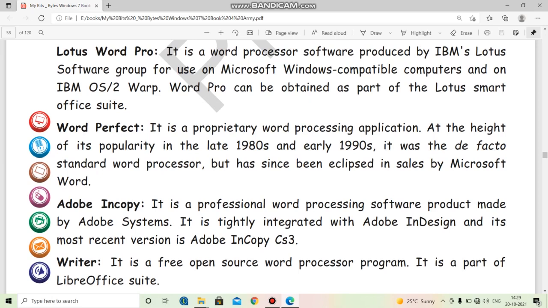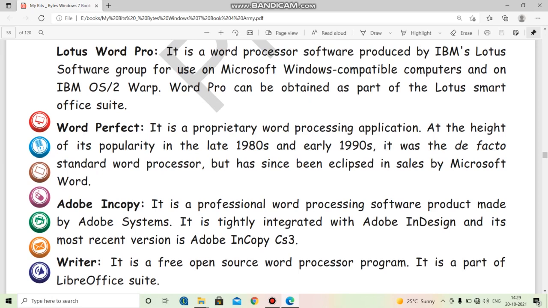They have created this word processor named Lotus Word Pro under their software group, known as Lotus Software Group, so that it can be used on computers that are compatible with Microsoft Windows.